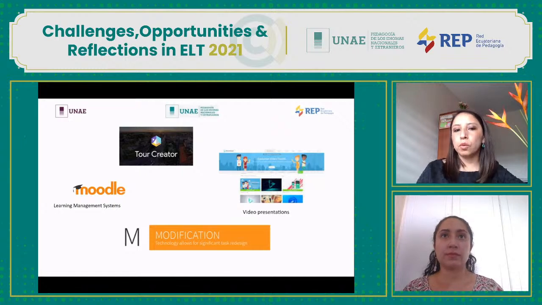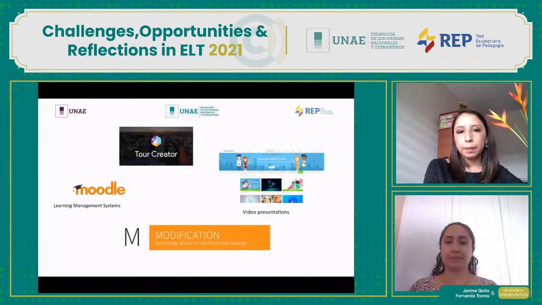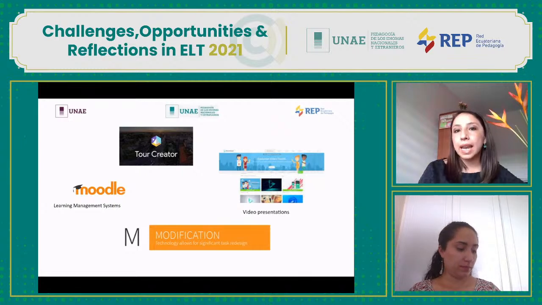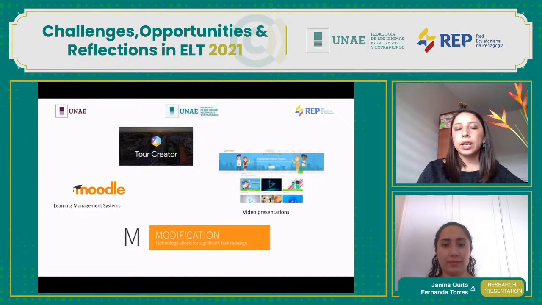And some of the tools that can help us to achieve this point of modification in our lessons are tools like this one, Render Forest, where the students can create videos using avatars and using their voice to tell a story, for example, or to create dialogues. Another important and useful tool is Tour Creator.